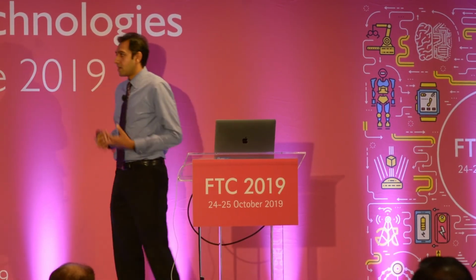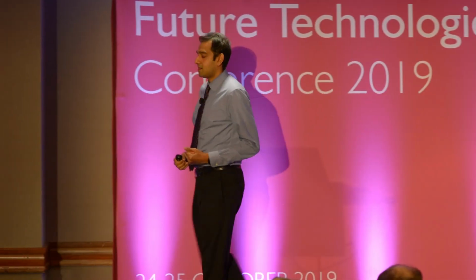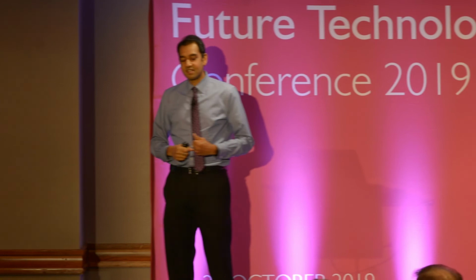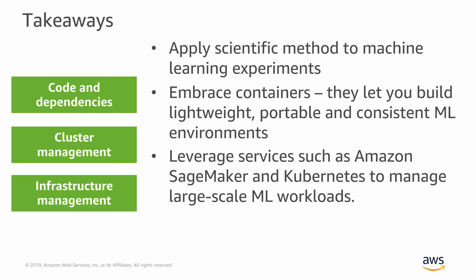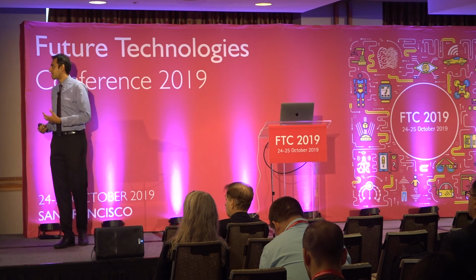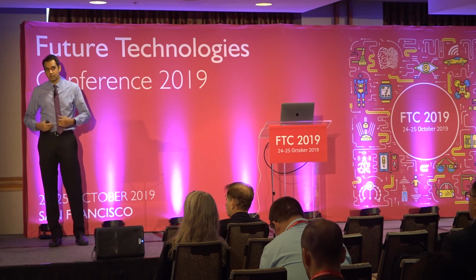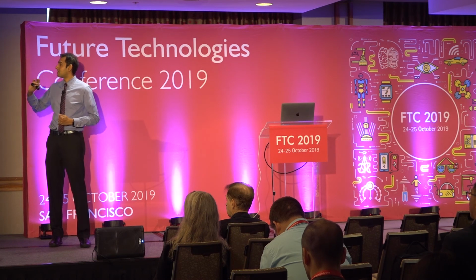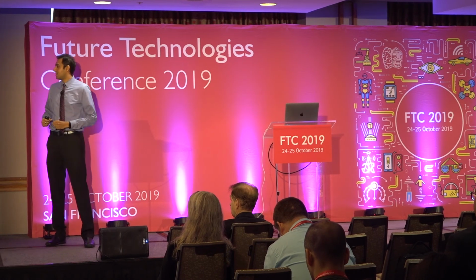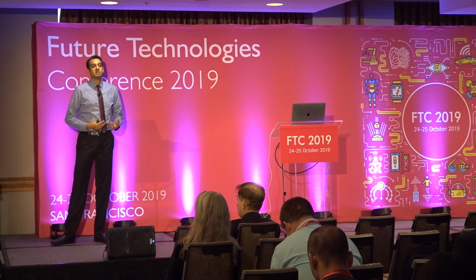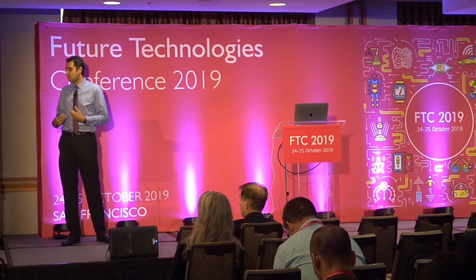And to bring everything back together, I spoke about two completely distinctive things today. First is the importance of experimentation in machine learning. And I think it's important that as academics and researchers and also organizations, we start thinking about machine learning approaches as a scientific field and not just an experimental area, where you want to be more thoughtful about how you conduct experiments. And for a lot of us who are not in the infrastructure space and the HPC space, we have to start embracing some of these other technologies like container technologies, because this is what makes your life easier